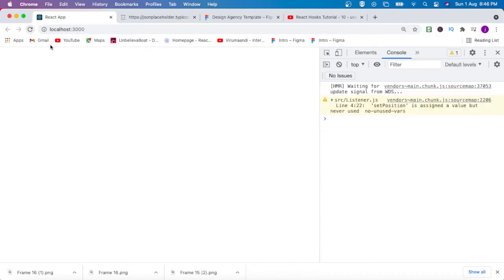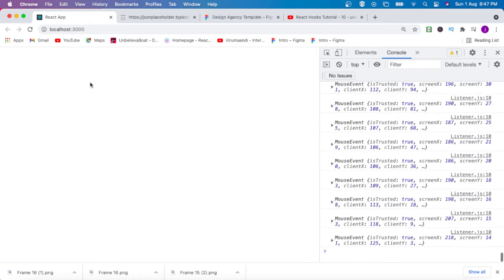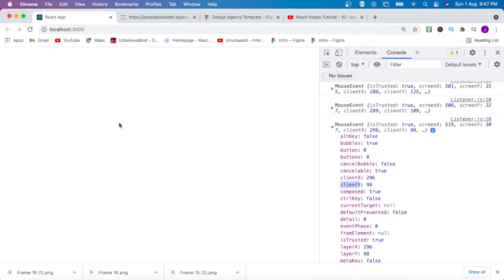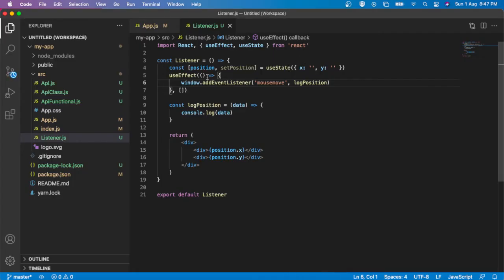Now if I refresh and move my mouse pointer on the screen, I can see the event is triggering and consoling here. Now if I open this object, I can see clientX and clientY, which is my pointer position. So I am going to set that value inside this position object.